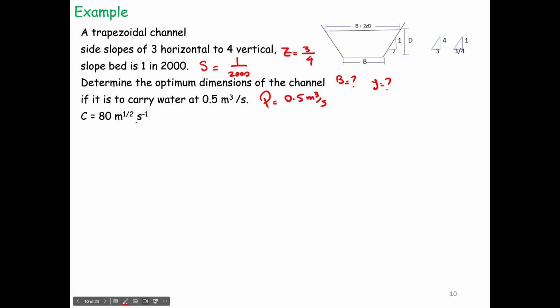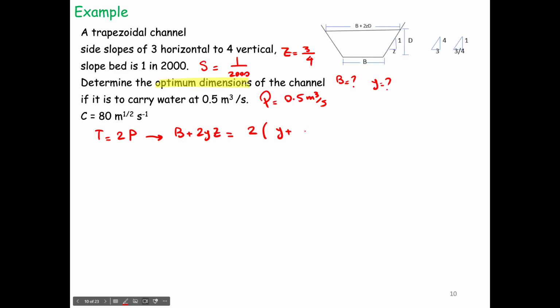And again, as you can see, it says what is the optimum dimension. So it means that without considering the optimum, you cannot solve it because you have no Y, no B. For trapezoidal, if you remember, it was that T was twice the wetted perimeter. So T is twice that. If you check the table that you have, B plus 2YZ, which is your T, should be twice as